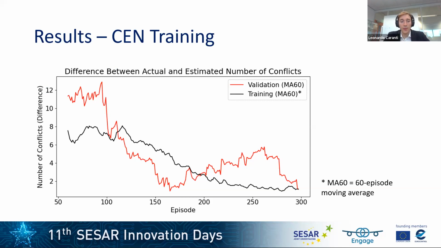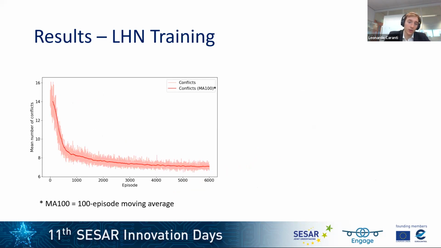And even though 300 episodes does seem limited, the limiting factor was the computational time, which was 36 hours on my laptop. On the other hand, for the other neural network, the computational cost was significantly lower, so more episodes were run. And again, you can see how the layer heading network appears to be able to find a pattern to minimize the number of conflicts. However, let's take an example to exactly see how the neural networks approach the problem.